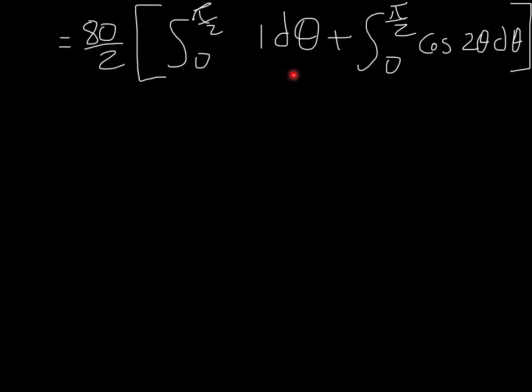So we make 2 separate integrations. So 80 over 2. Then we integrate and we get the